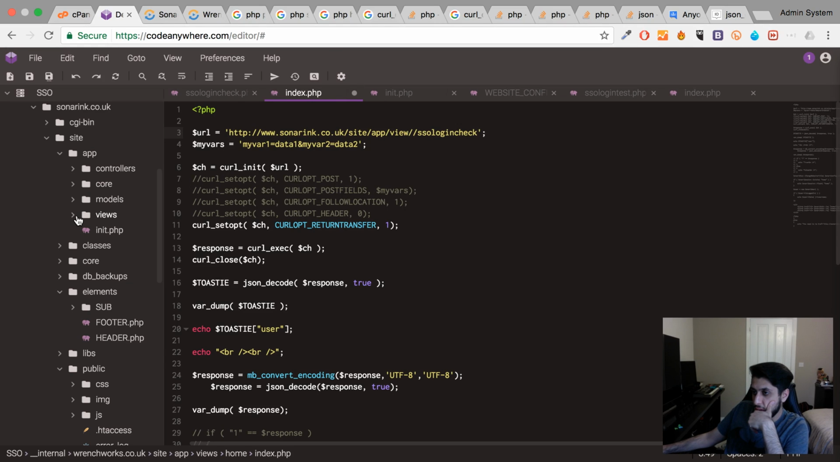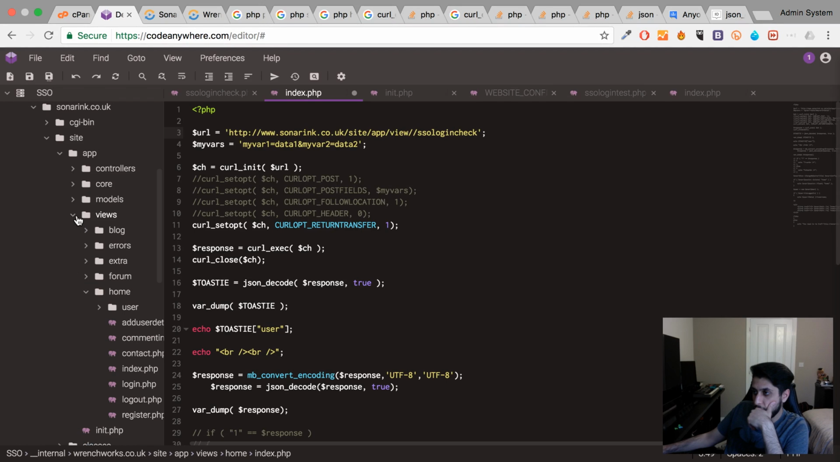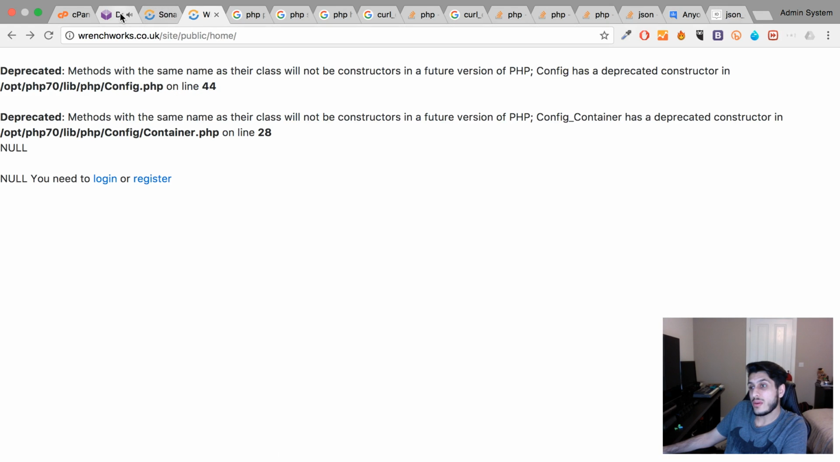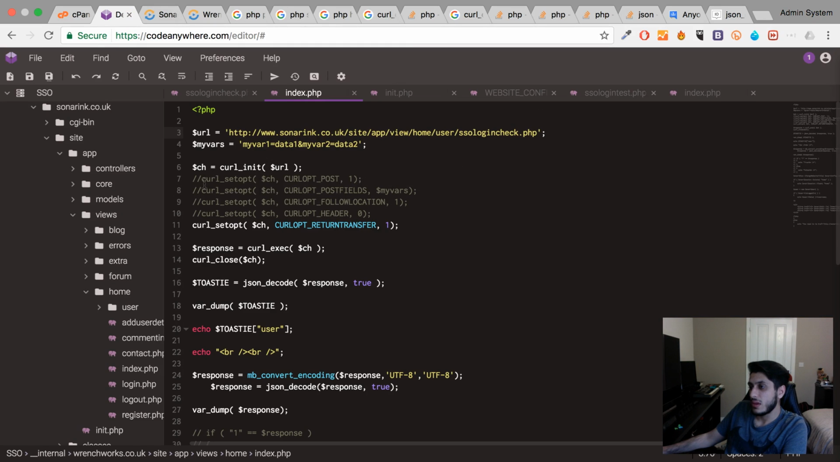home / user / SSO login. So if I try and go directly to the file, make sure this is the right file. So site, app, views,